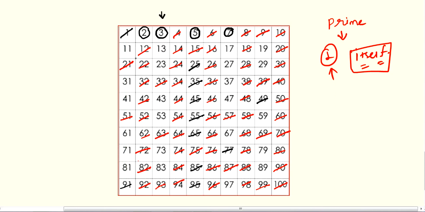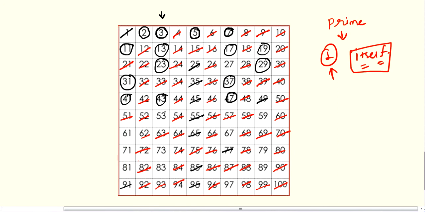So next prime number is 11. Multiples of 11 are already cancelled here. So then, as you can see, the prime numbers are 2, 3, 5, 7, 11, 13, 17, 19, 23, then 29, 31, 37, 41, 43, 47,